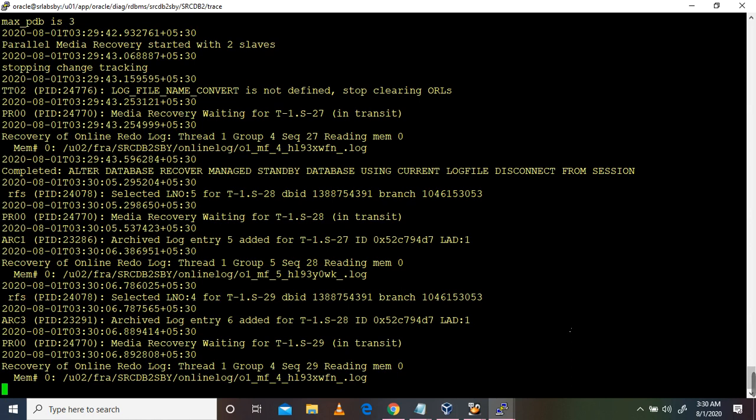We need not rebuild the standby database when we do a flashback on the primary database. Also, when we create a guaranteed restore point on the primary side, it will be automatically replicated to the standby side. That I'm also going to cover in another video. The Data Guard broker configuration I will also cover in another video, and we will meet you all in the next video.